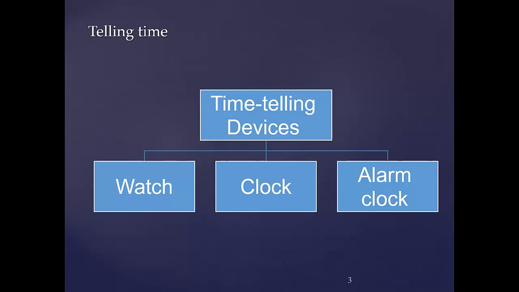Now, we also have a clock that you can put on your wall, wherever you are. And finally, we have an alarm clock. An alarm clock is a clock, but it makes this ringing noise to wake you up when you're sleeping, or basically tells you that you have to be doing something at this time, okay? And that's why it's called an alarm clock, to alarm you to get up and start going to work or whatever you want to do when you wake up. All right? Pretty simple stuff.